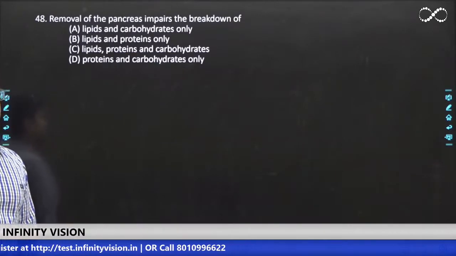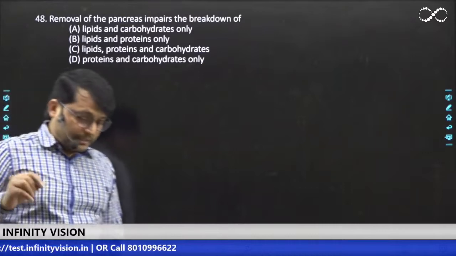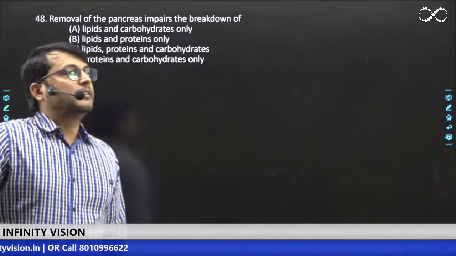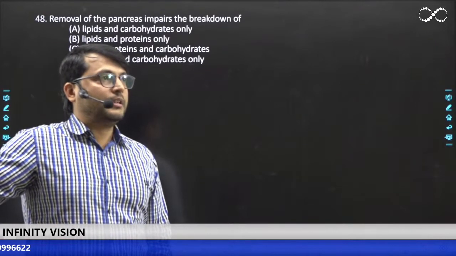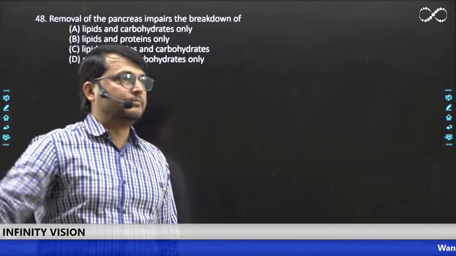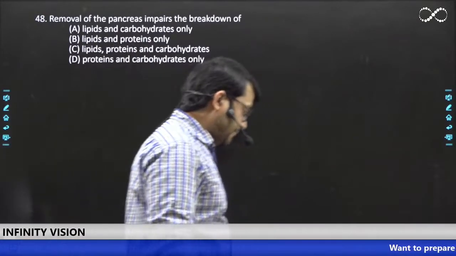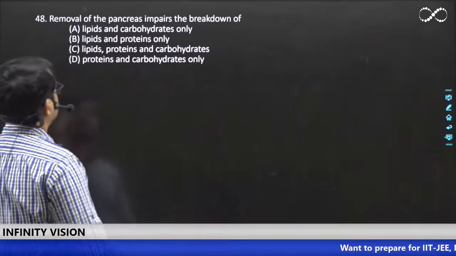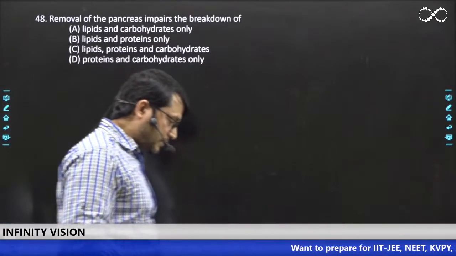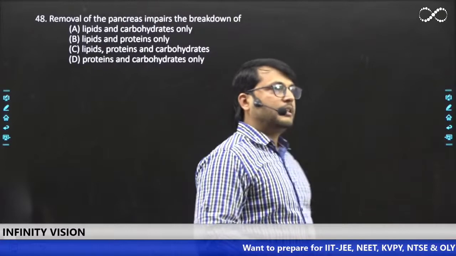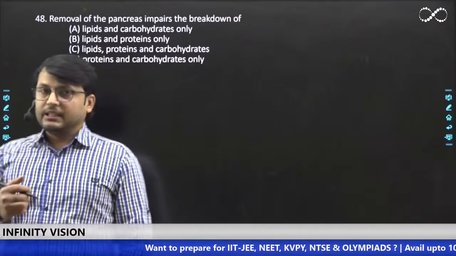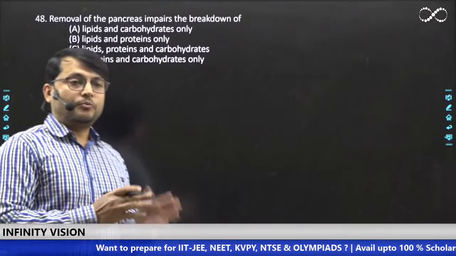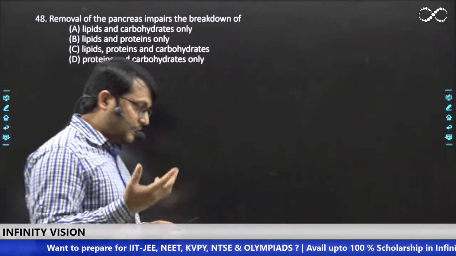Okay, great. So I can see comments coming in. Akhil is saying C, Online Edu C, Sushweta C, Agrim, Karthik, everybody is saying C. Okay, so C is lipids, proteins, and carbohydrates. So all the three, right? Yes, very good, Shashakt. So all of you are right. It is option C.